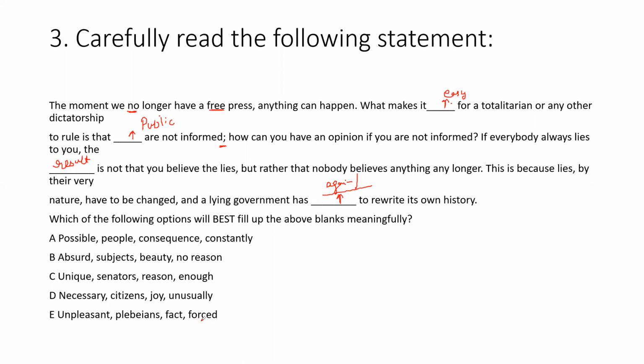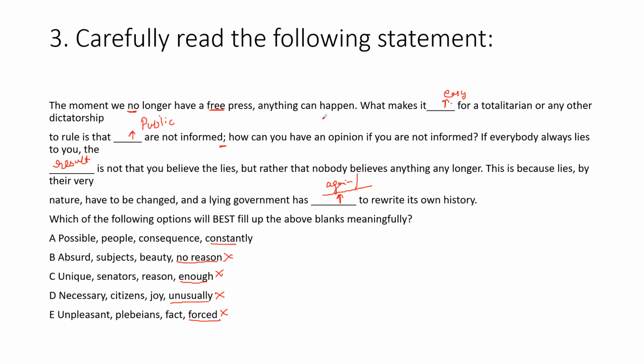So when I say again and again, option A says forced. That cannot be there. Unusually, no, because it's not unusual. We're looking for repeatedly rewriting its own history. Enough is again not sufficient. No reason is out of context, so we can end up with constantly. Moreover, if you see,